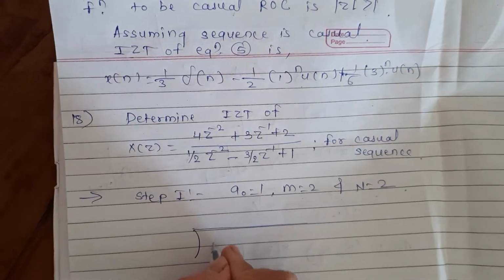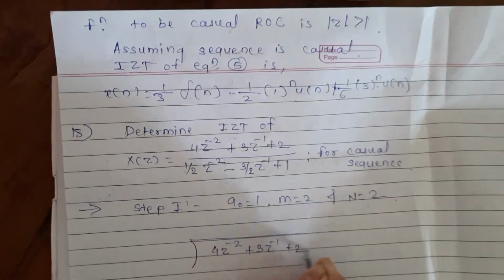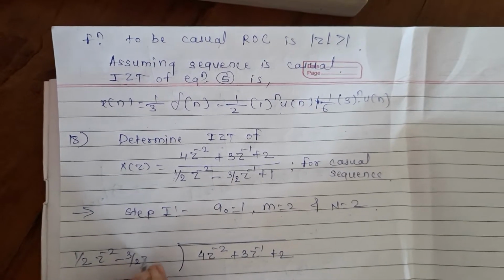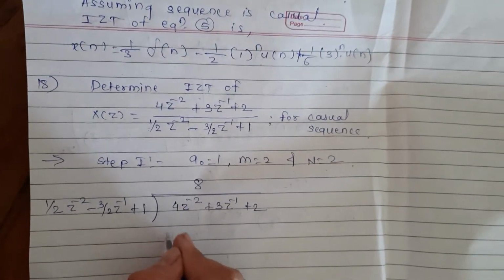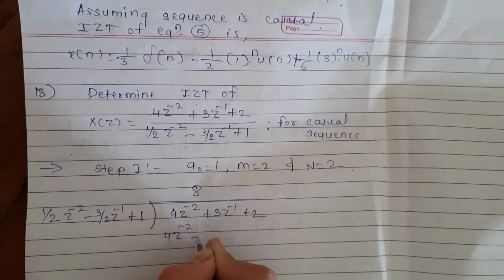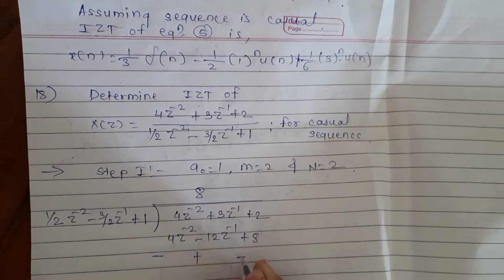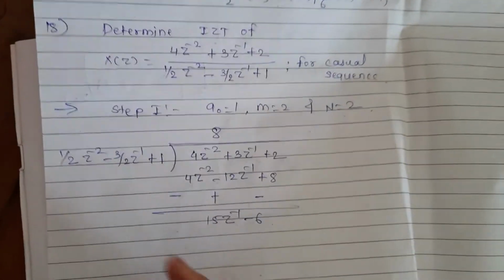So it is 4z raised to minus 2 plus 3z raised to minus 1 plus 2, divided by half z raised to minus 2 minus 3 by 2 z raised to minus 1 plus 1. So we obtain here the division, and we get minus 15z raised to minus 1 minus 6. So we can write